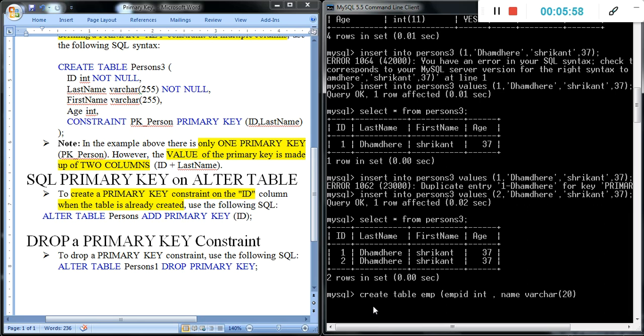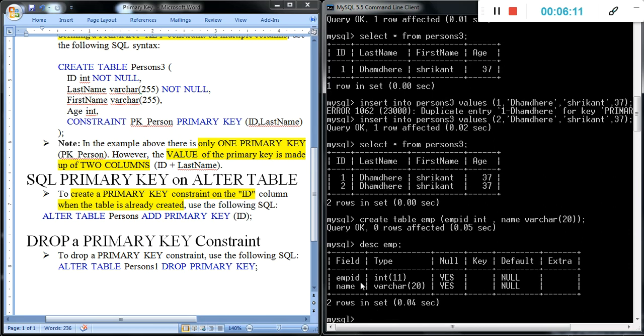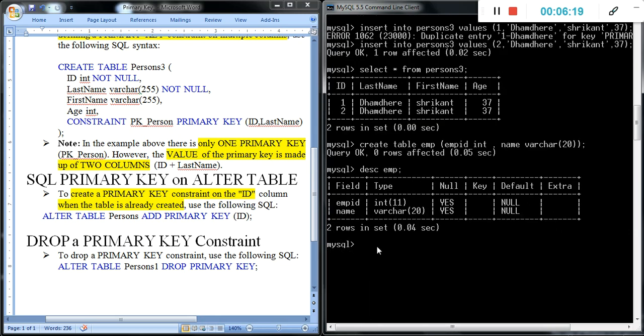Okay, we create this table, then describe employee. It shows employee ID and name with the key null, so no primary key is defined for this table.